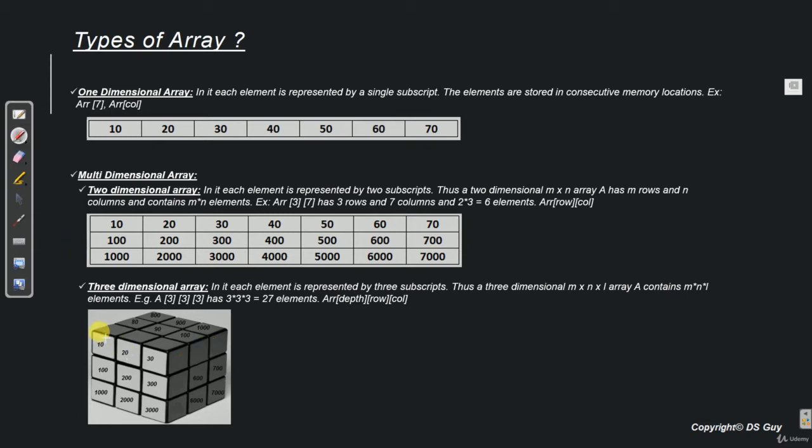Now, as you can see in this diagram, this area over here is nothing but a two-dimensional array, which was exactly the same as this array over here. Let's say this is two-dimensional array number 1. Then we have one more two-dimensional array, which is this one. So the green colored two-dimensional array is the second two-dimensional array. And the array which is marked in blue, let's say this is the third two-dimensional array. Now if we glue these 1, 2 and 3 two-dimensional arrays, it becomes one single three-dimensional array.